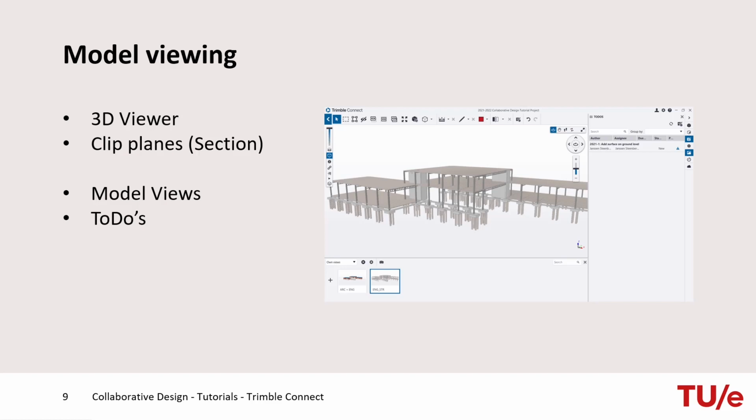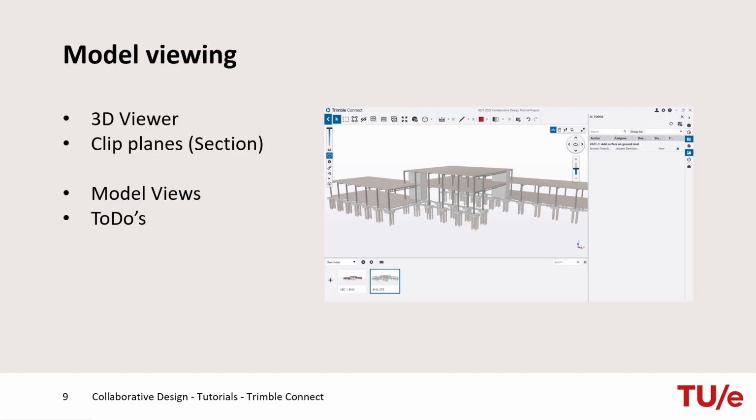various team members. Views are snapshots of documents or models from different camera angles and with different colors, object visibility, and markups. You can save model views, or snapshots of the 3D view, and manage them in several ways using the views list. Use to-dos to assign, track and resolve issues within a project. To-dos can be assigned to a user or a group with a due date when the to-do needs to be resolved. To-dos are a helpful tool to assign, track and resolve issues with a model.